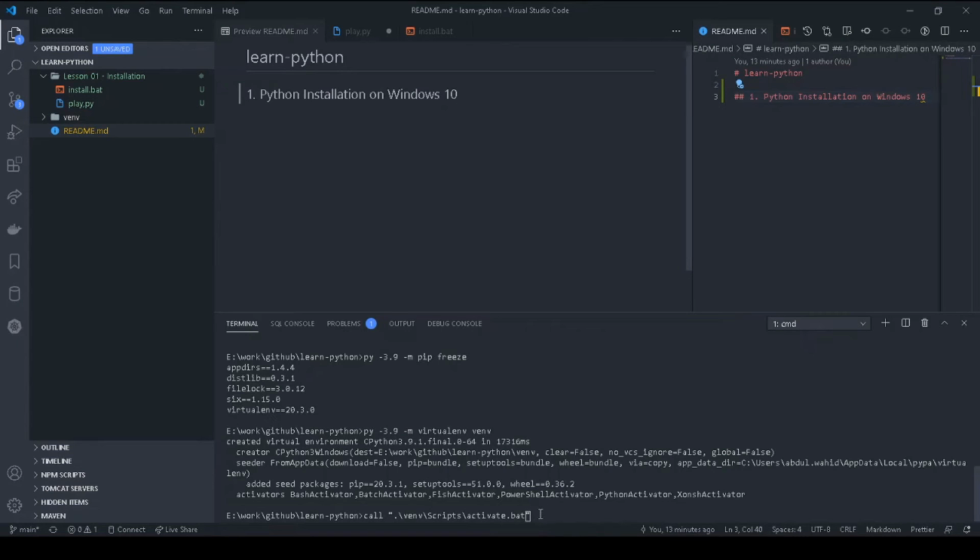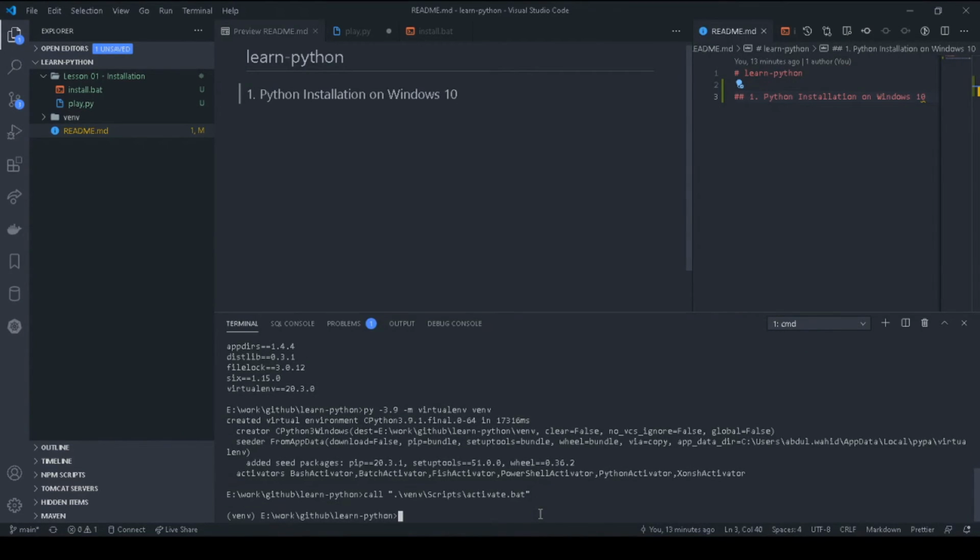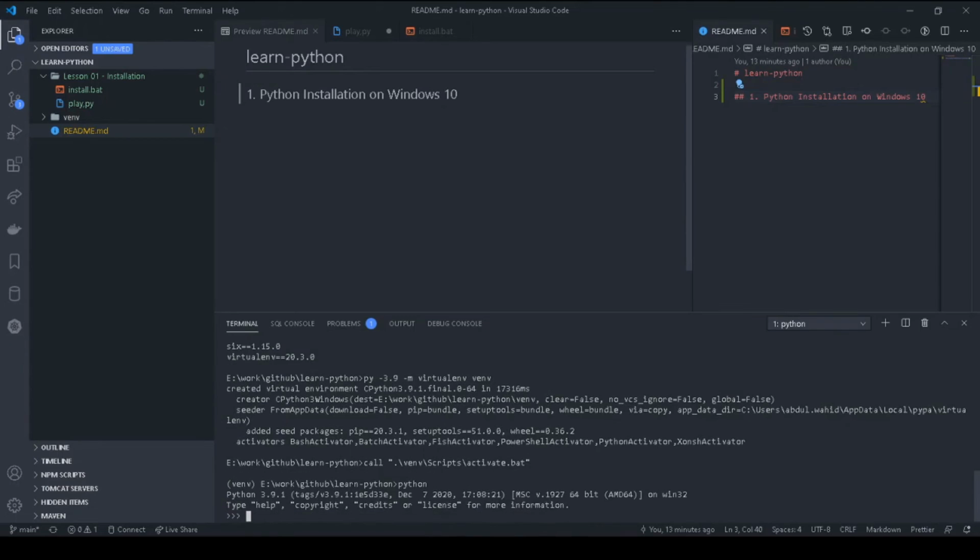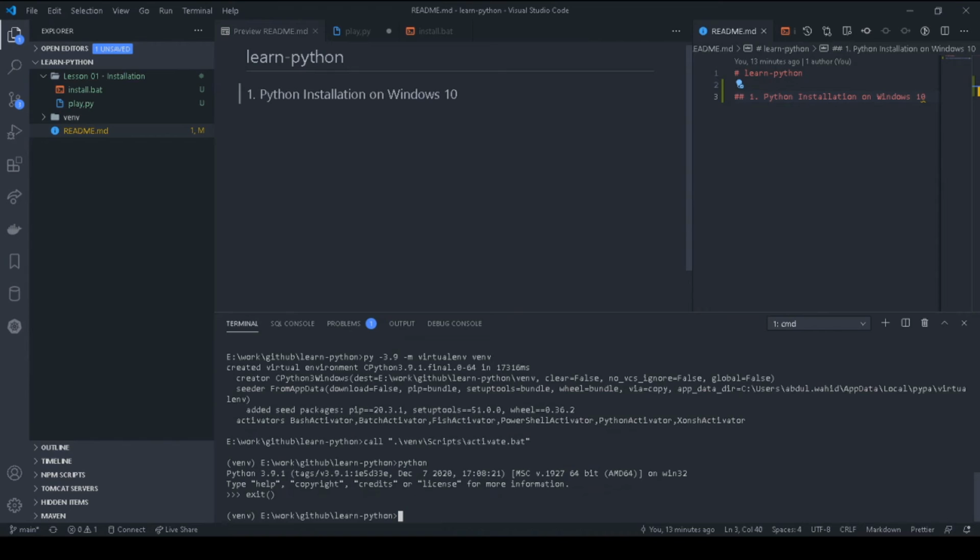Okay, now you can see that we are in the venv environment. So now we can easily access Python of the same version just by typing simple Python. If we want to see the packages in this new Python environment, we will just need to run pip freeze.